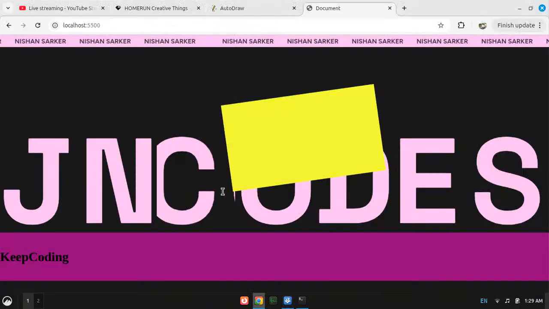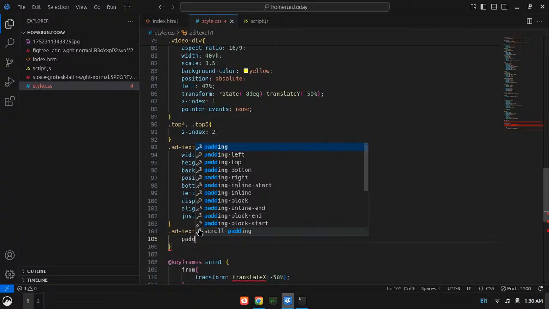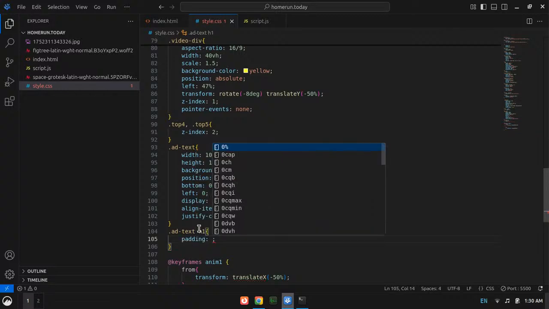Yep, and that will do it. And now the text h1, I will say padding, 40 pixels.